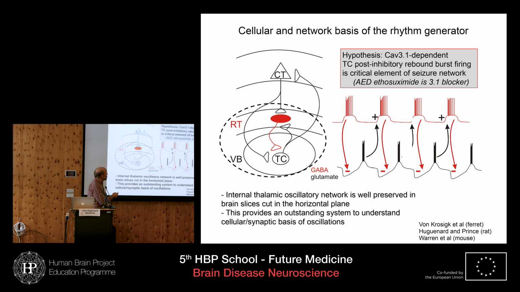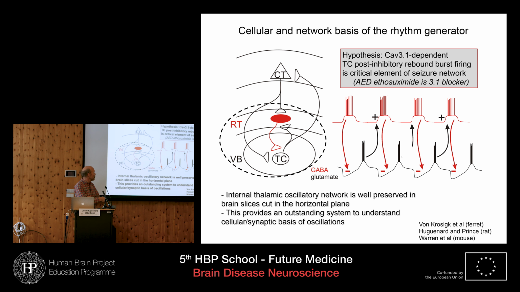Now, we showed many years ago that one of the drugs used in the treatment of absence epilepsy is ethosuximide, and ethosuximide turns out to be an antagonist of the CAV3 channels. And this makes sense. I should say that in terms of precision medicine, anti-epileptic drugs are not very precise. They're classic dirty drugs where each of the drugs that's used, phenytoin, ethosuximide, et cetera, has been shown to have many cellular actions on ion channels, synaptic transmission, et cetera. But one of the effects of ethosuximide is to block those calcium channels. And that makes sense in this context of rhythm generation.